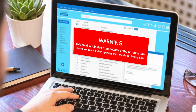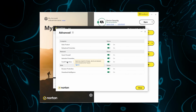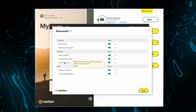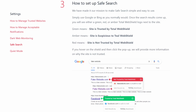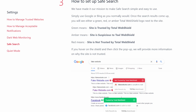Now, ransomware usually infiltrates systems through malicious emails and compromised websites. And so, using effective email filtering solutions can help identify and block phishing attempts and malicious attachments before they even reach users' inboxes. Similarly, web security tools can prevent users from accessing malicious websites that may host ransomware. That's why individuals and organizations would invest in advanced email security solutions that include machine learning algorithms to detect and quarantine suspicious emails. Also, web security measures such as URL filtering and content inspection would add an additional layer of